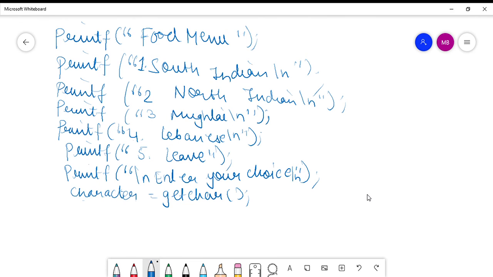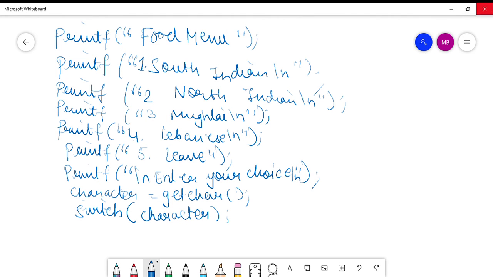Now you will use the switch keyword, and in place of the expression I will put character, because it is on the basis of the character that you will decide what to do, because character holds the user's choice. Now I will delete this portion and I will start from switch character. I hope till here it is clear what we have done. Since we are running out of space, I'll simply start from switch here.